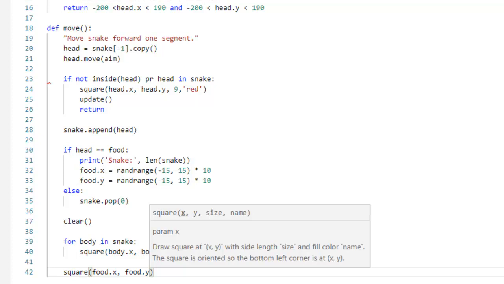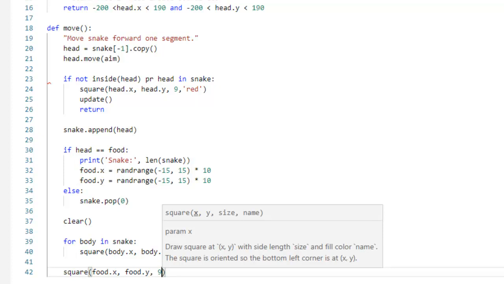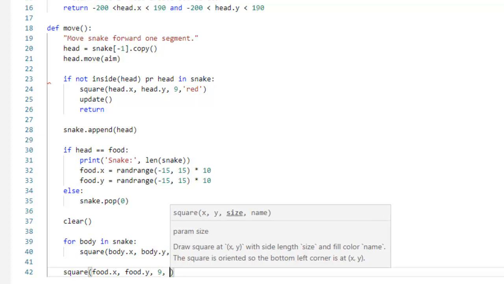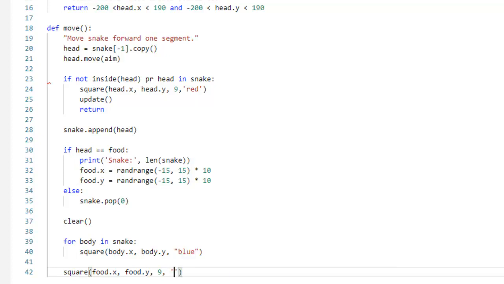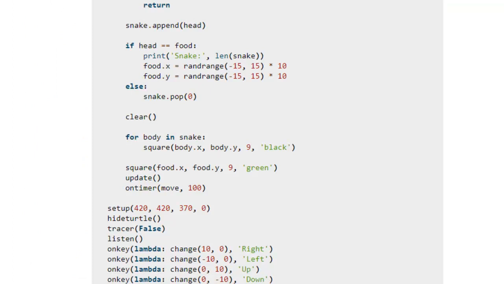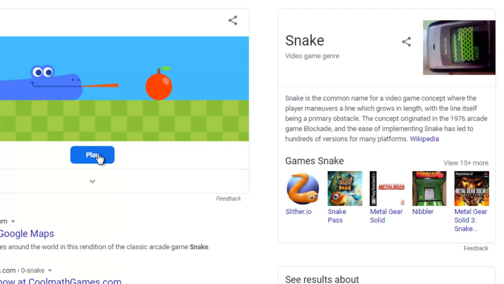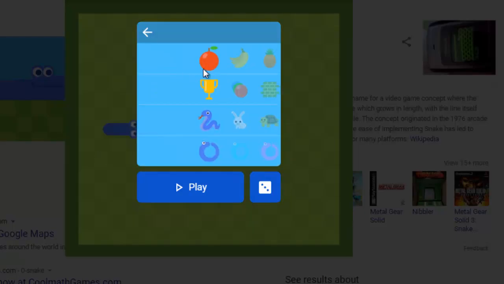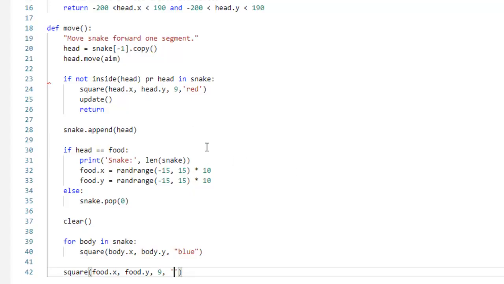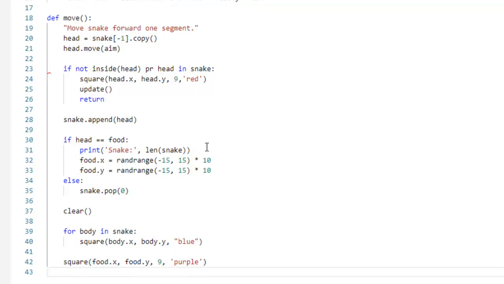Actually, not the coordinates of the food, right now I'm naming the colors. Let's go ahead and see what color the food was. If you do the settings, let's actually choose grapes. Yeah, let's choose grapes, so that's purple, and then press enter,